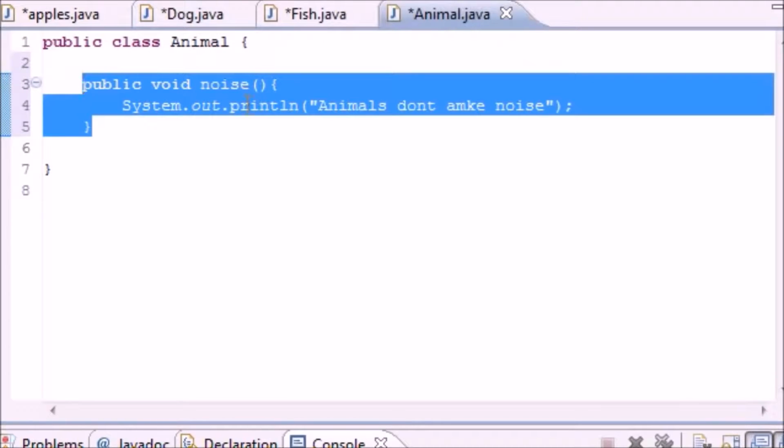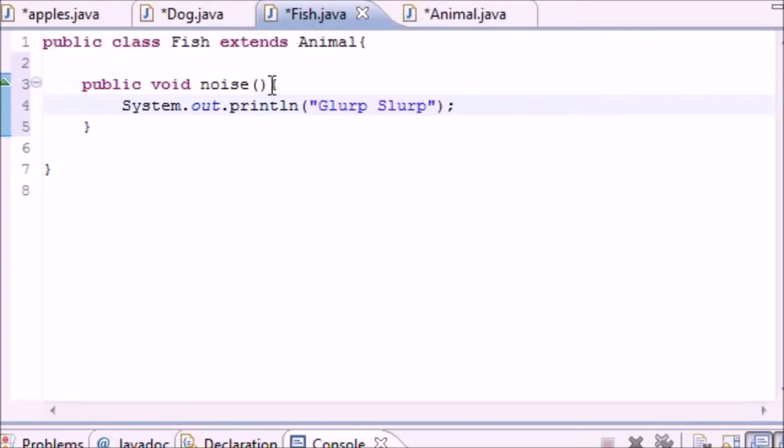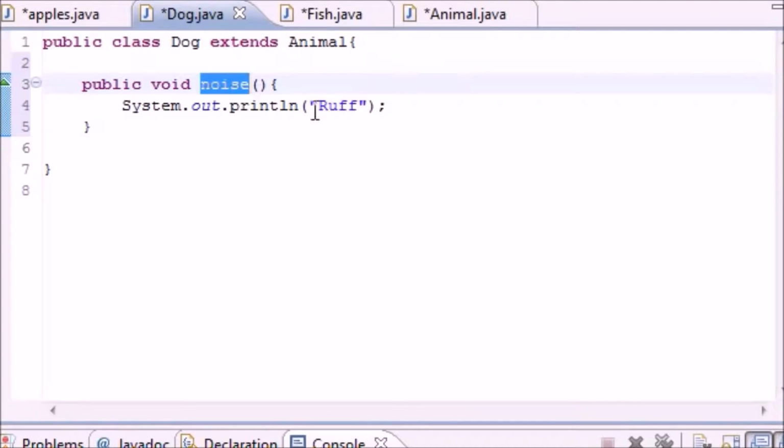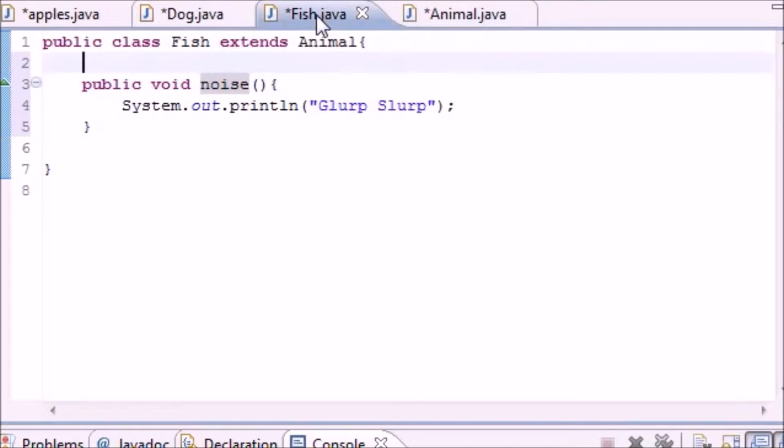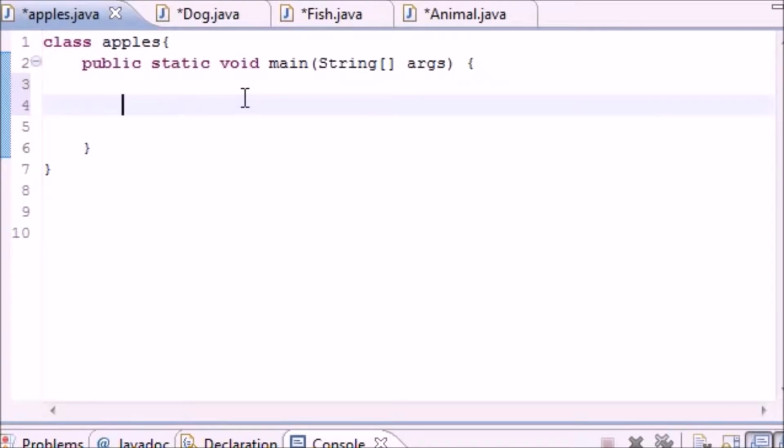So now we have this method called noise in animal, and we also have a method called noise in fish, even though fish don't really make noise, but this fish says "glurp slurp," and we have one in dog called noise that says "rough." So we have this main method in animal, and it gets overwritten when you call it in dog and fish. So now that we have three methods named the same thing, let me show you guys the